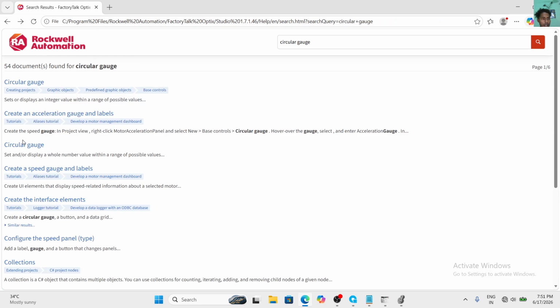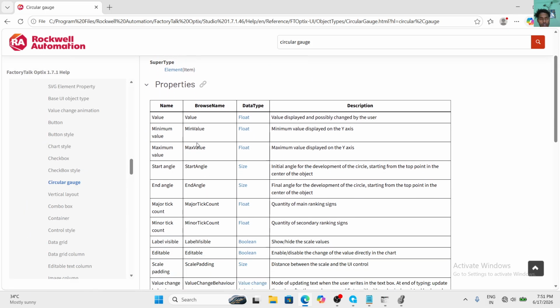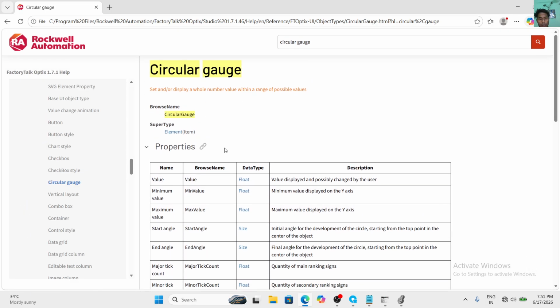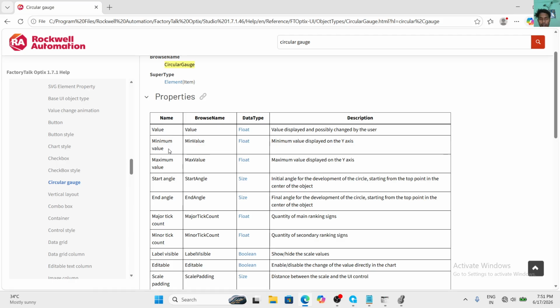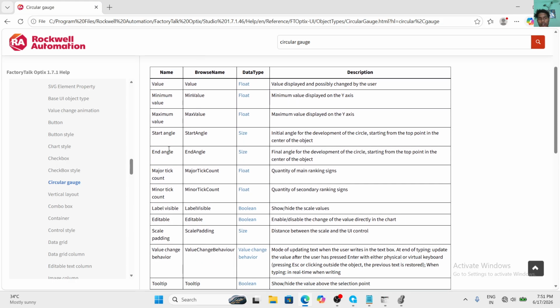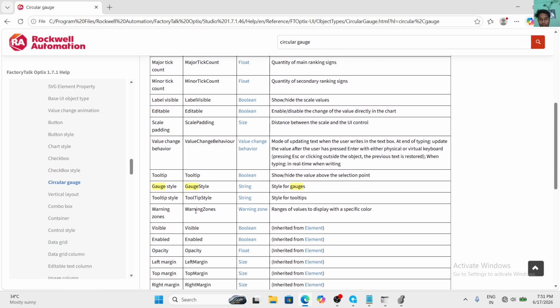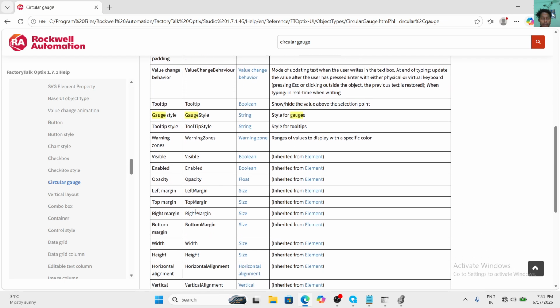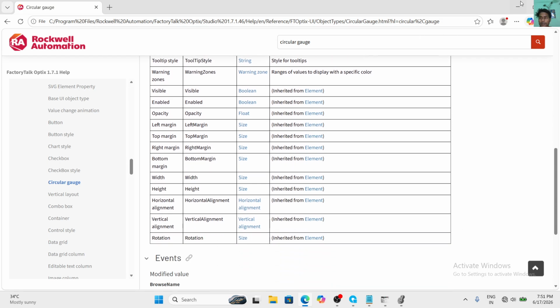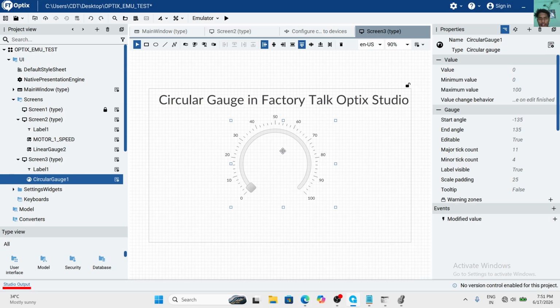Here are the circular gauge properties: value, minimum value, maximum value, start angle, end angle, major tick count. I will discuss them one by one.